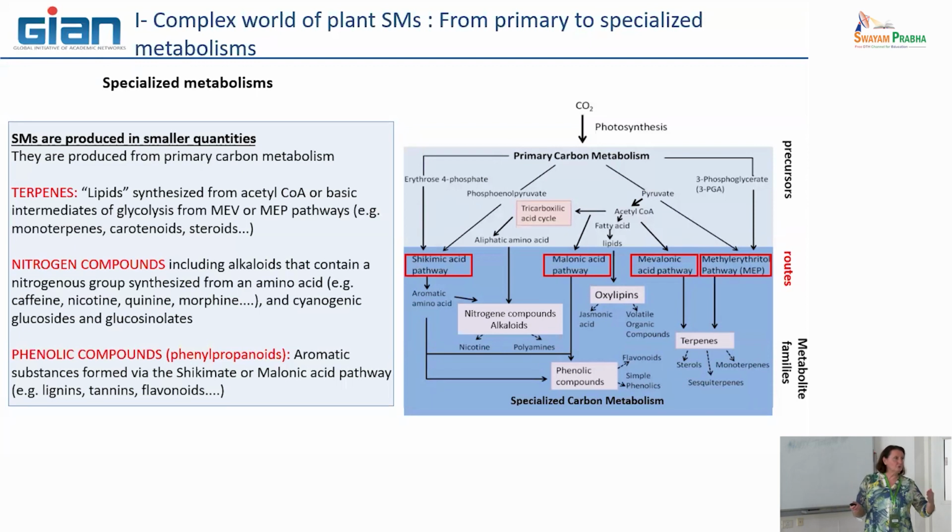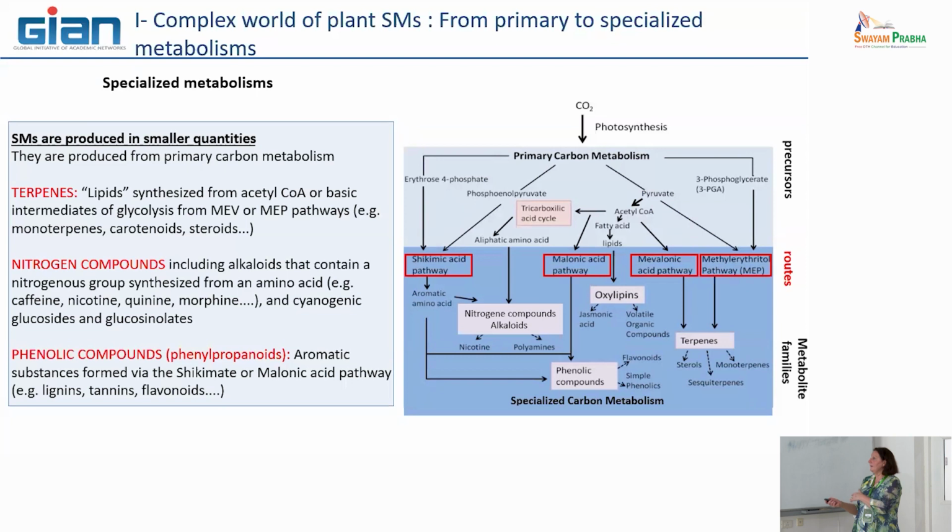It is not necessary for you to memorize all these names. It is just to show you that there are only 4 really important pathways that we need to know, because all of these pathways, alone or in combination, lead to the 3 types of metabolic branches leading to specialized metabolites. Here, for example, shikimic acid combined with malonic acid leads to lots of phenolic compounds that can also be produced by shikimic acid alone.